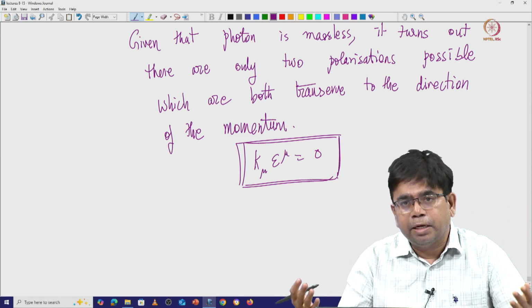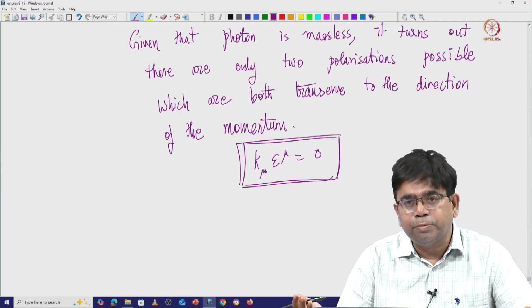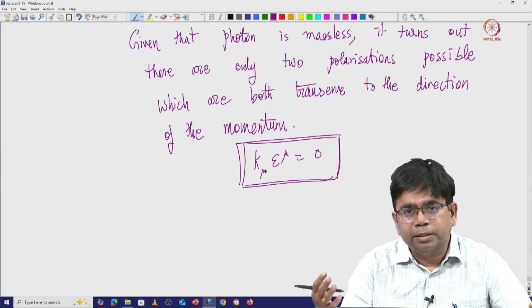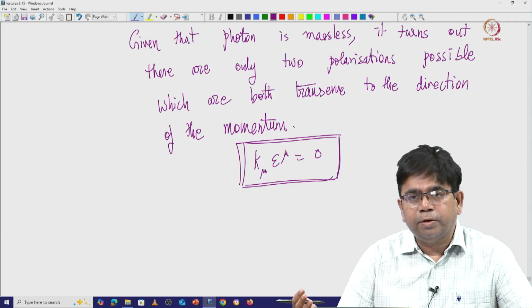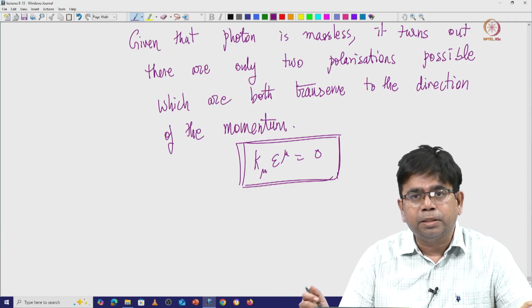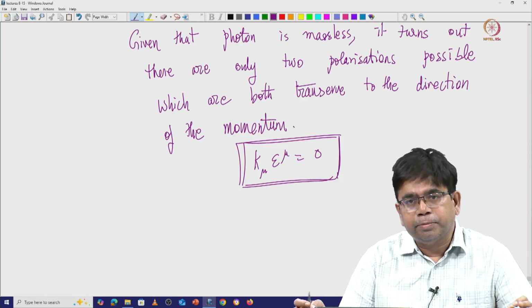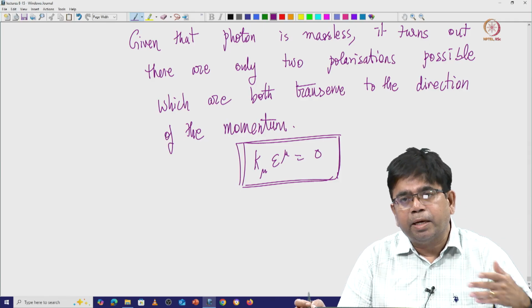There are various theorems which show that essentially. One is coming from the special theory of relativity, there are experimental observations, there are various things. So you can show that every massless vector in special theory of relativity is only transversely polarized. Okay. So this comes out automatically from special theory of relativity, or representations of particles and so on.